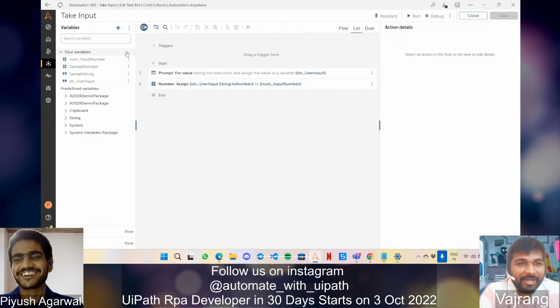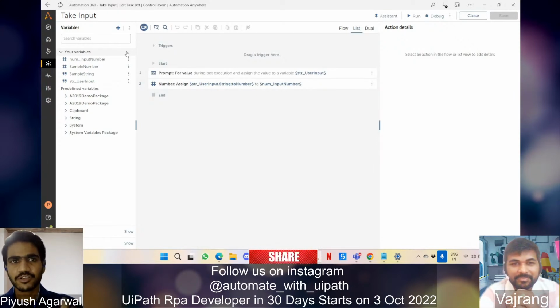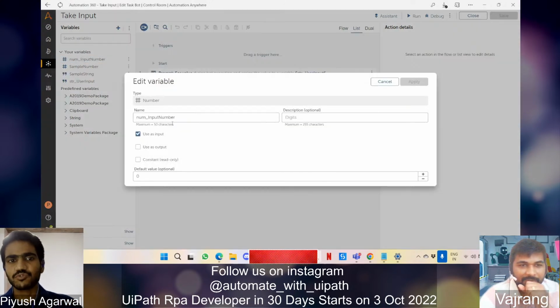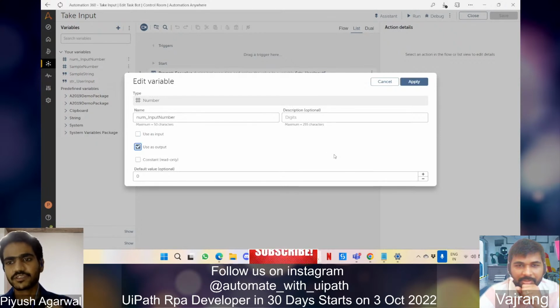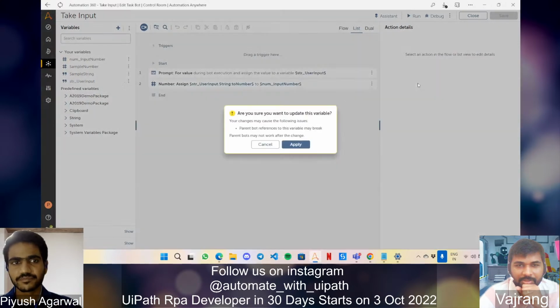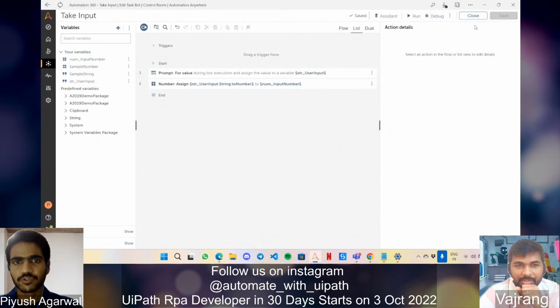So I am back to the first bot that we created, taking input, to reconfigure one thing. Initially, I used this as input over here. This is when this bot needs an input, this is your in argument. Instead, this should be user's output because this bot is going to give us this as an output variable. Update. Now going back to the master bot,